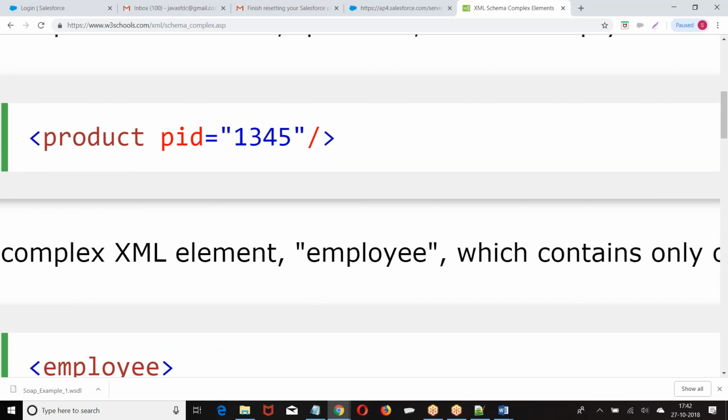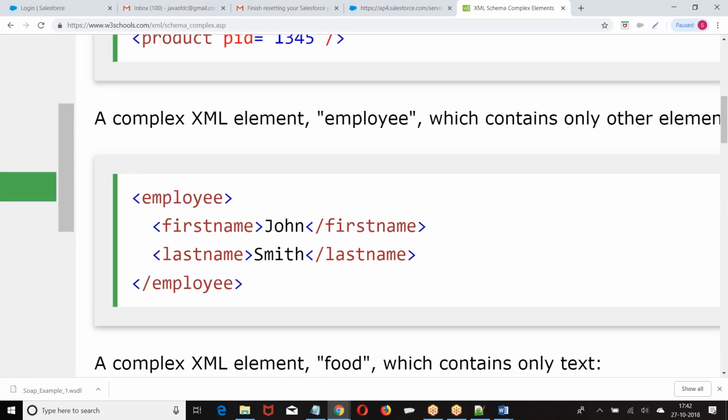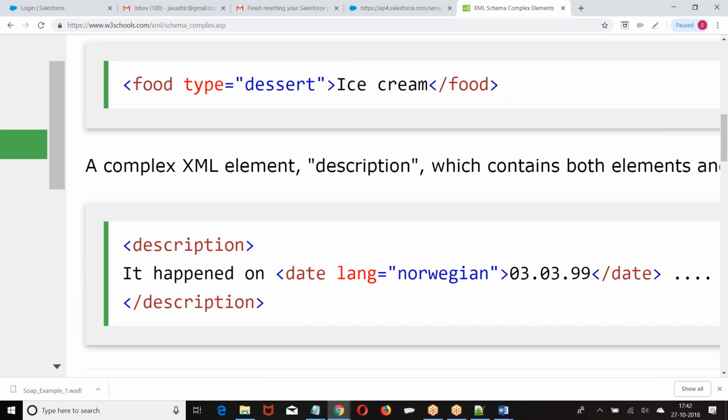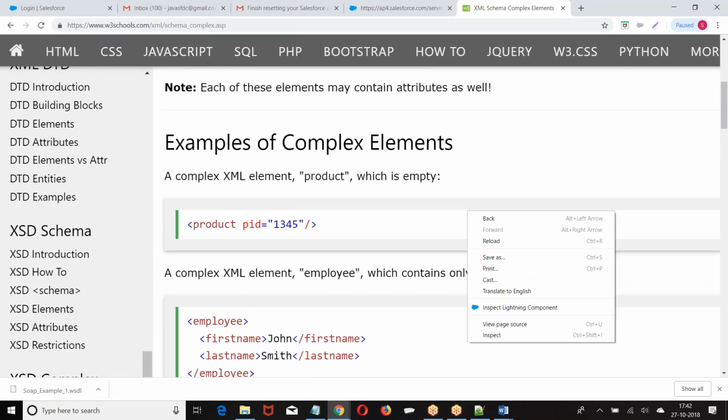It is an element, but it contains an attribute. Look at the example: a product element which is empty. No value is there, but it has an attribute. Element is there with the attribute, but no value.